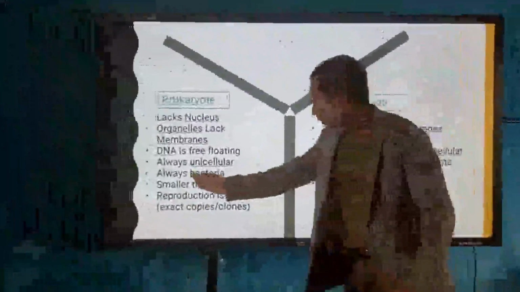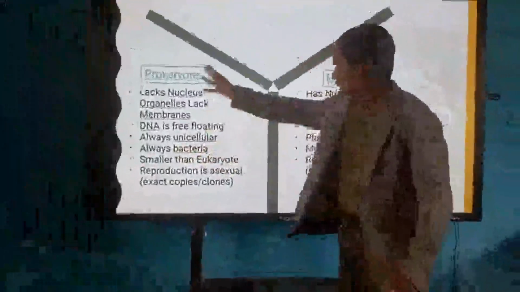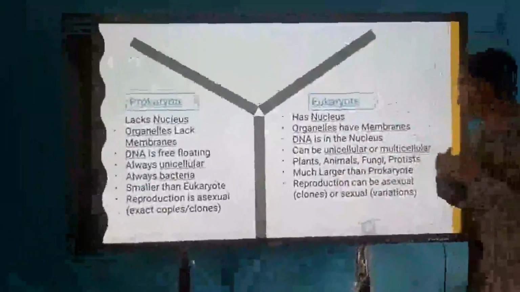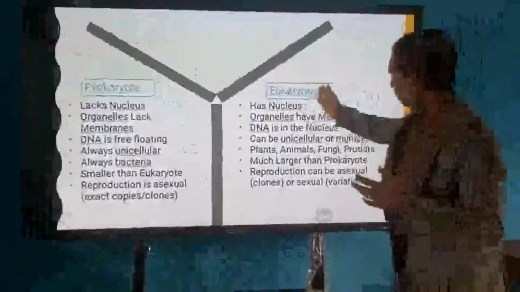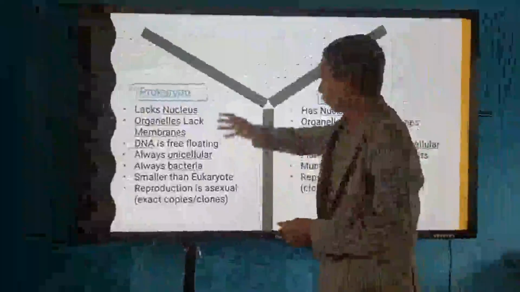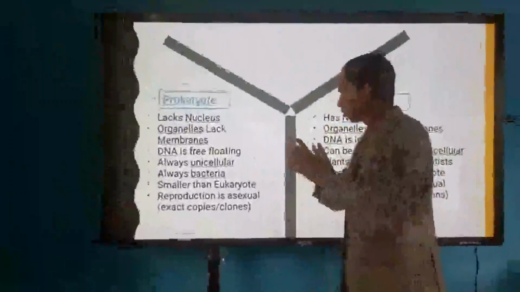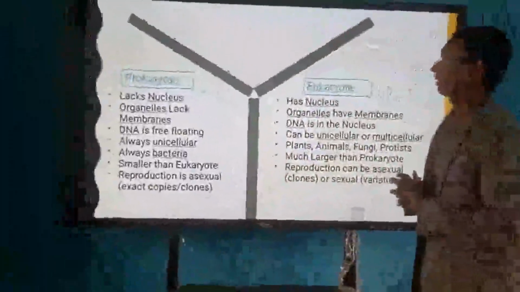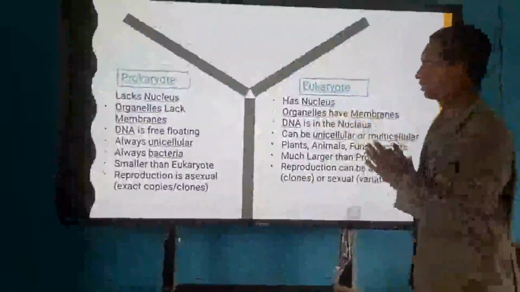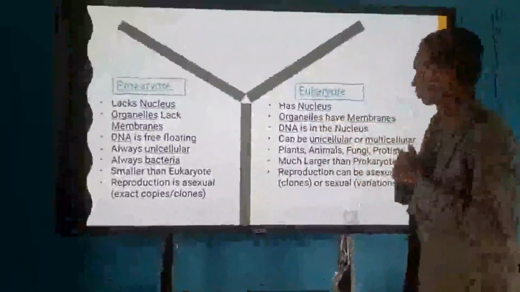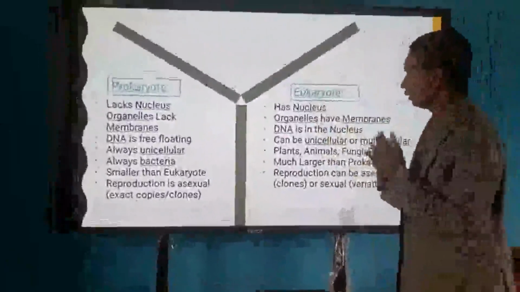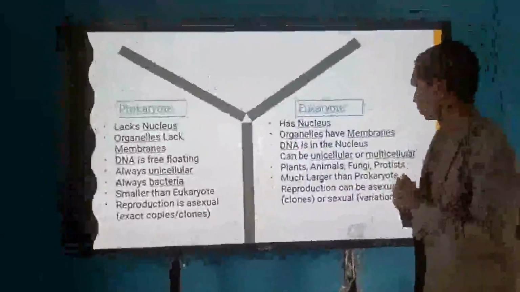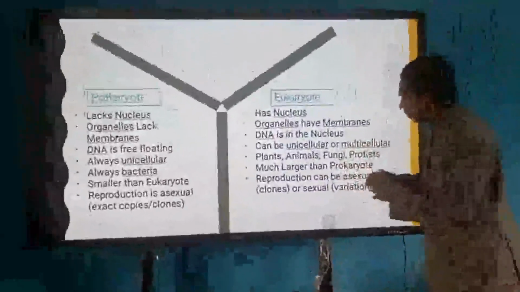We know bacteria belong to the prokaryotic group. But when we come to eukaryotic, plants, animals, fungi, and protists belong to the eukaryotic group. When we compare sizes, normally prokaryotic cells are smaller than eukaryotic cells. The next one is the reproduction process. In prokaryotes, they reproduce through the asexual reproduction process. But when we come to the eukaryotic, normally they do